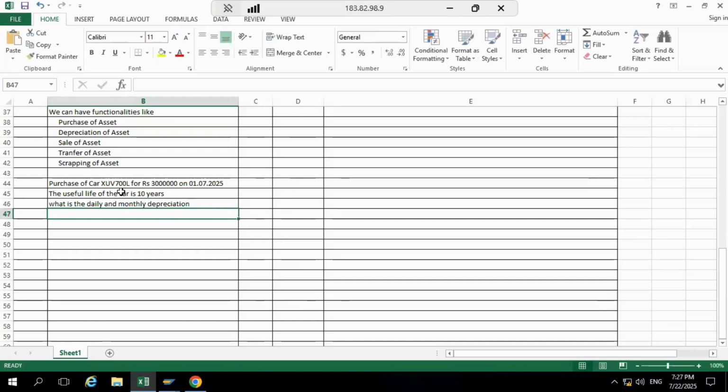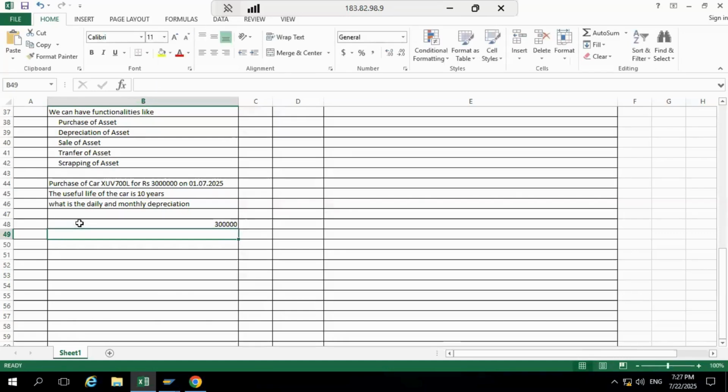Depreciation means usage value. So 30 lakhs is the car value, right? Now it is equal to 30 lakhs divided by 10. That is 3 lakhs. Sorry, yearly depreciation. Every year the car value is getting reduced by 3 lakhs. Okay. And daily depreciation,